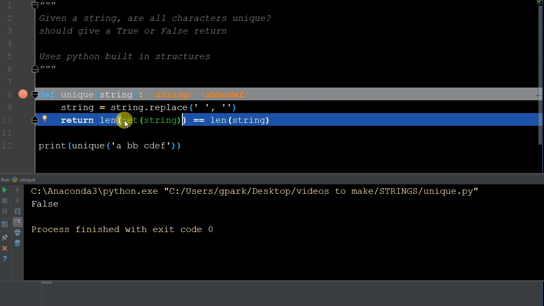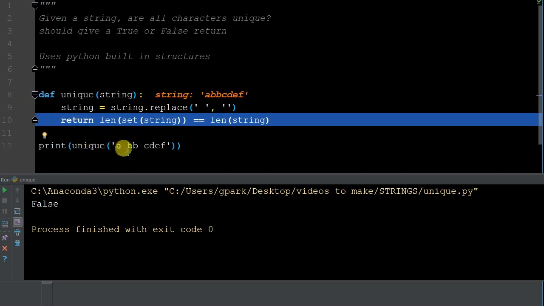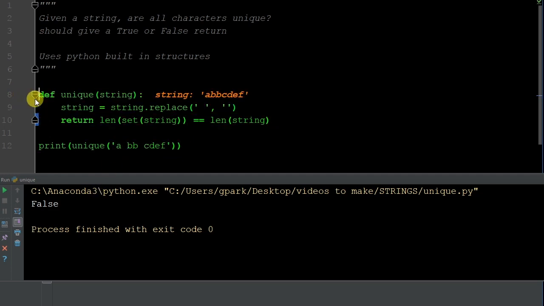Remember, a set is an unordered collection of unique elements only. Well, this was 7 for the length of the string. How many unique elements do we have? 1, 2. We're skipping that second because it's not unique. 3, 4, 5, 6. So does 6 equal 7? False. So that's it. It's a nice quick way you can use built-in Python structures